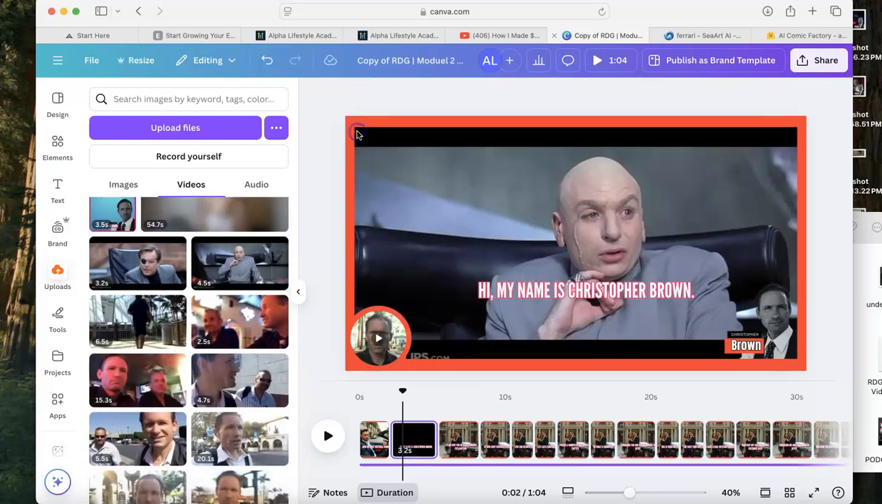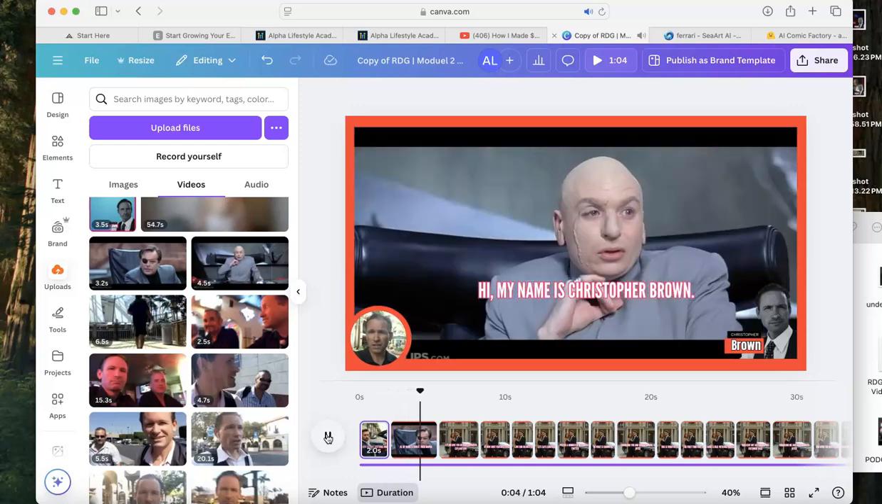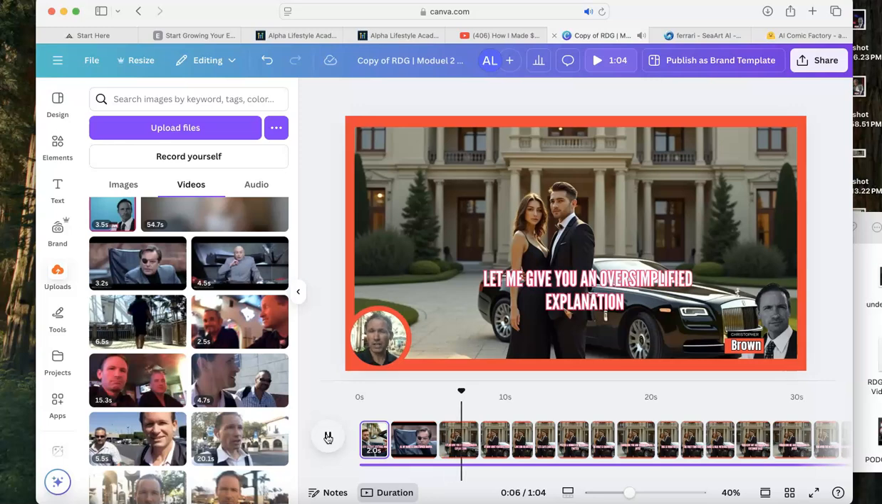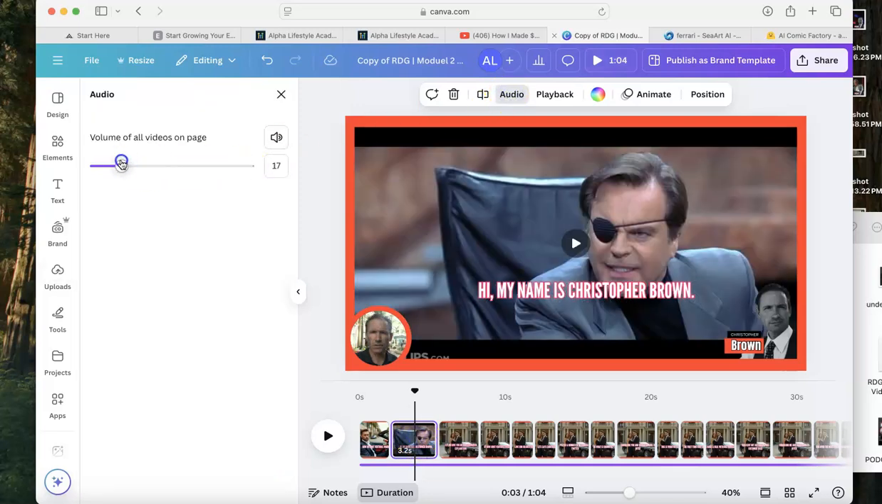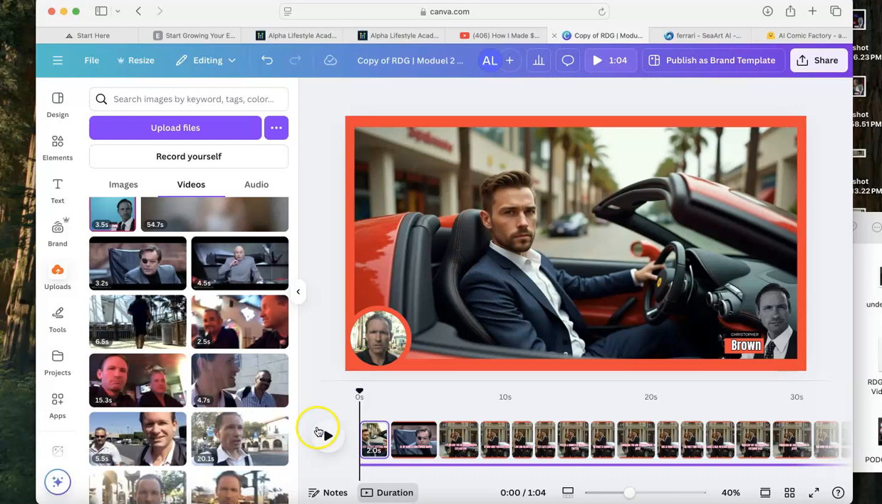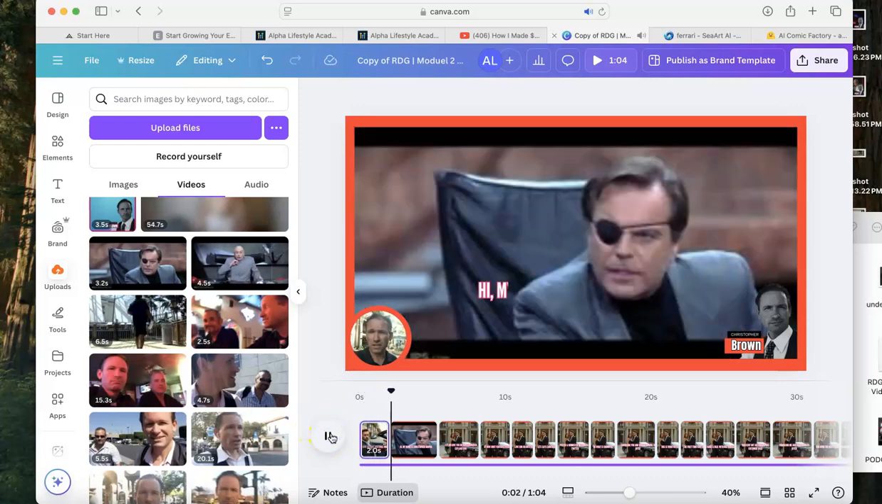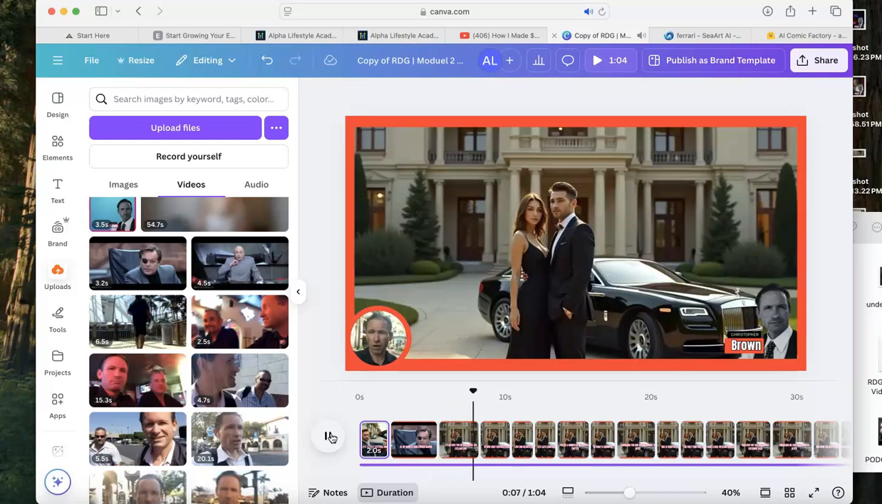But let's say here, I'll put Dr. Evil in it. Isn't exactly a lot of money. How do joint ventures work? Hi, my name is Christopher Brown. Let me give you an oversimplified explanation of how joint ventures work. So what I would need to do is remove the audio. So let me turn down the audio for that clip. And then what I could do is come... Okay. Love him or hate him. So obviously you can see how to do some